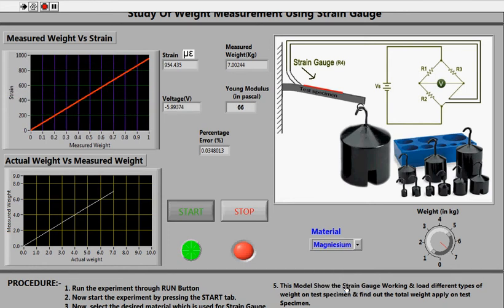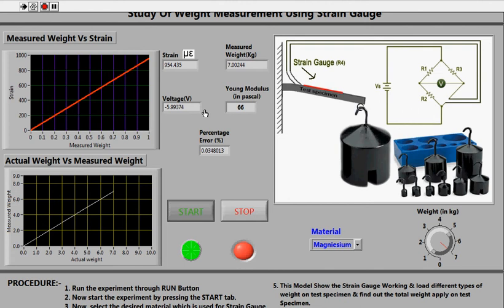So in this we understand how exactly these weight measurement devices work, and what is the principle behind these strain gauges. Due to the change in the stress, there will be a change in the length and the area, and since we know that the resistance is directly proportional to the length and inversely proportional to the area, there will be a change in the resistance. Since this resistance is attached in a Wheatstone bridge, the voltage output across it also changes with any of these specification changes. So we understand how exactly weight is measured using the strain gauge.